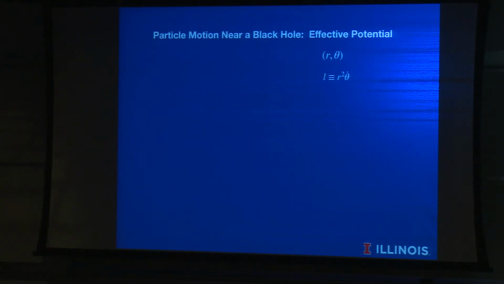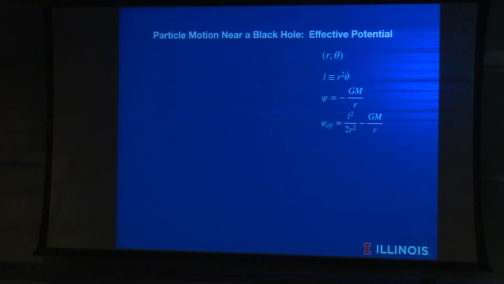And then we can also characterize a gravitational field at large separation from the hole as a Newtonian gravitational potential. So that is just minus GM over r. And I'm writing here potential in units of energy per unit mass, which has dimensions of velocity squared. Okay, so again, classical mechanics 101, I can combine those